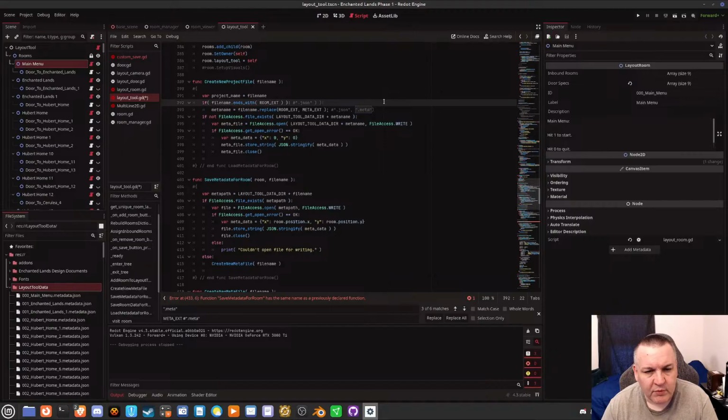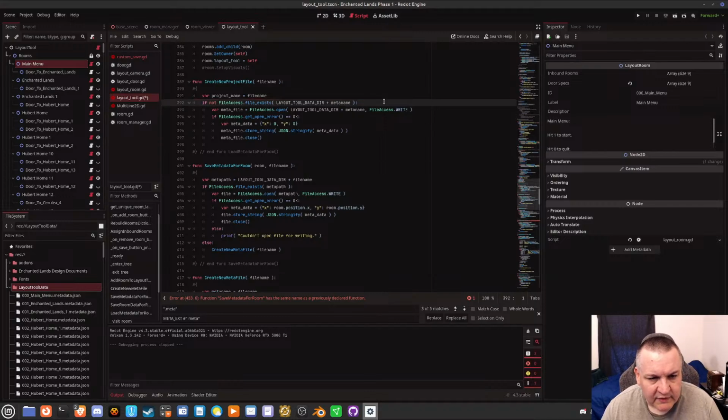If file name ends with room extension, meta name equals replace. I don't need to do that because I'm not replacing a JSON with a .meta. I'm not even sure why I did that. Somehow I was passing in the file name with the JSON at the end instead of the .meta, and so it parsed it incorrectly. So I had to tell it to make sure to rename the file name from,